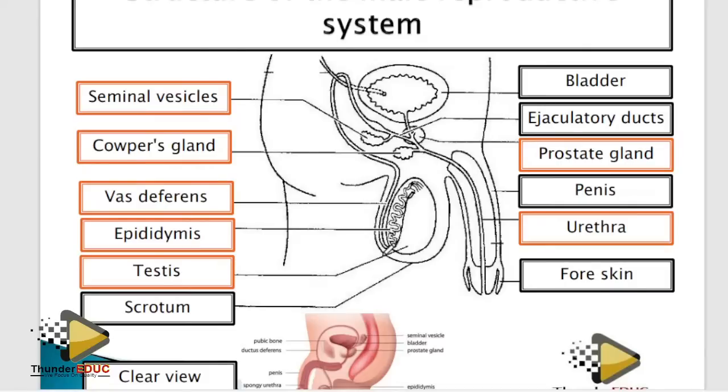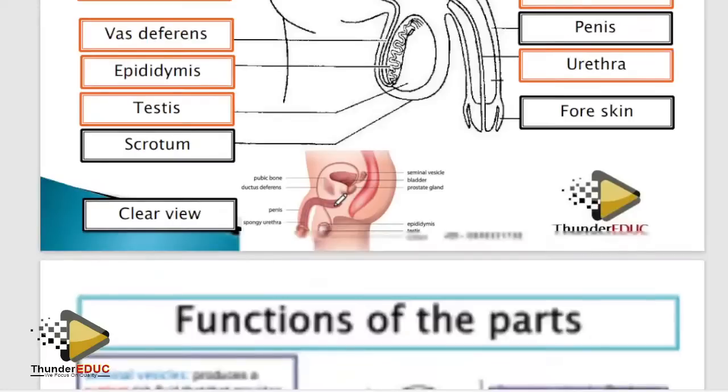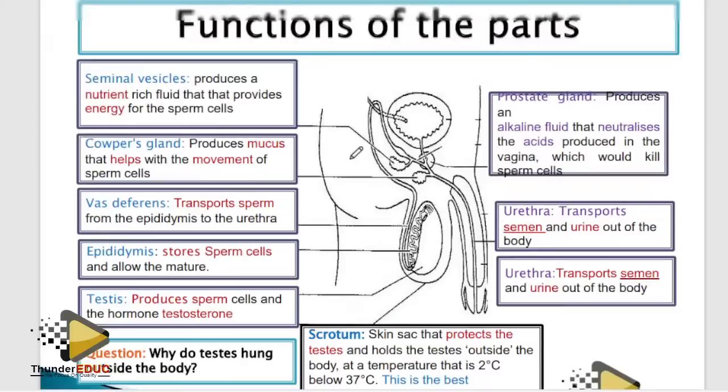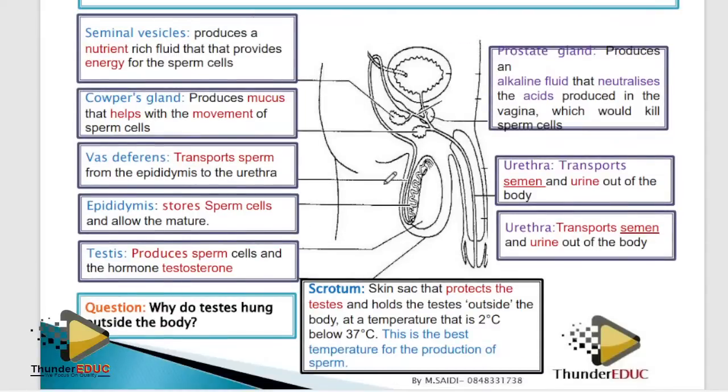If they bring this, there is no way you, a girl, will fail this. I don't know why you know it better than boys, but you'll tell us in the comments why you know it better. Anyway, let's go to the functions of the reproductive structure. All right, I'm trying to check why it is behaving that way. All right, let's go to the next question. The next question is saying recording in progress. Sorry.